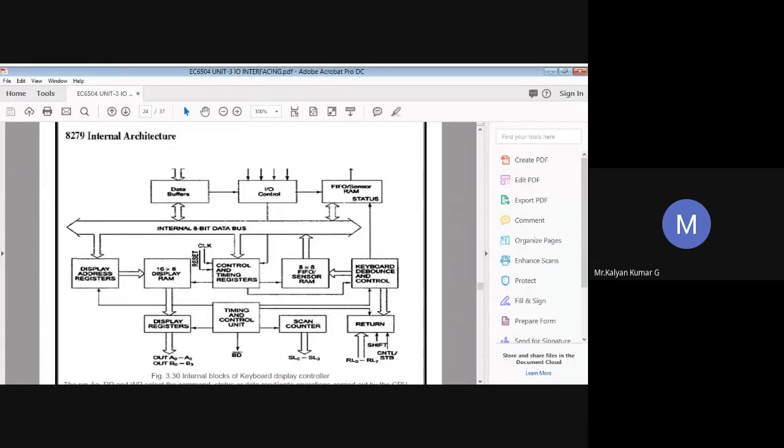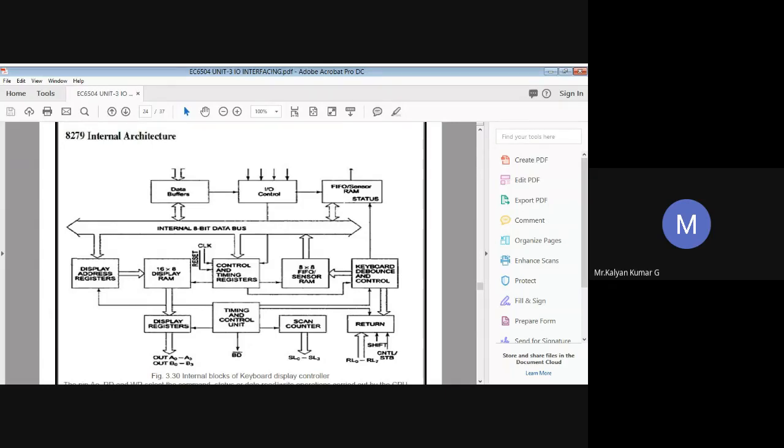That is the main purpose of this 8279. Here we have a keyboard portion. It provides a scanned interface to a 64 contact key matrix. I'll tell you what a key matrix is. We'll have 8 rows and 8 columns, with a switch at each point. The keyboard section can also interface to an array of sensors, or sometimes a strobed interface keyboard. For keyboard key depressions, we have 2 types: either 2-key lockout or N-key rollover. All this we'll see in detail. Keyboard entries are debounced and stored in an 8-character first in first out queue. When more than 8 characters are entered, the overrun status will be set. These are the general functions of your 8279.